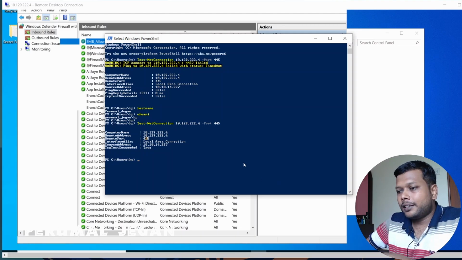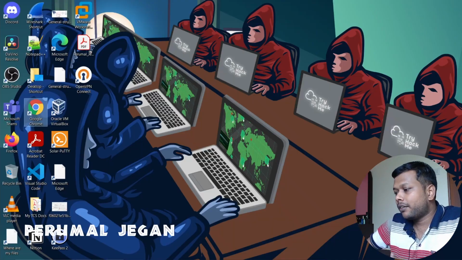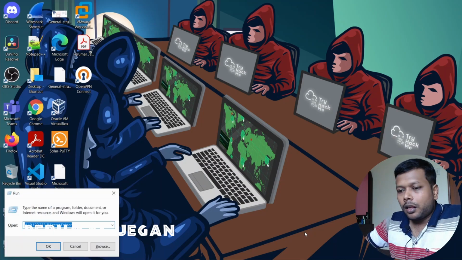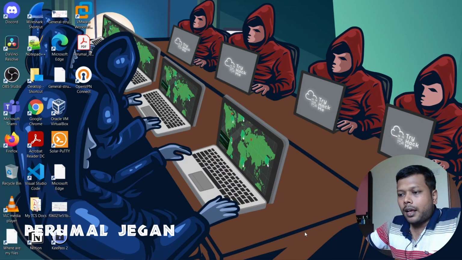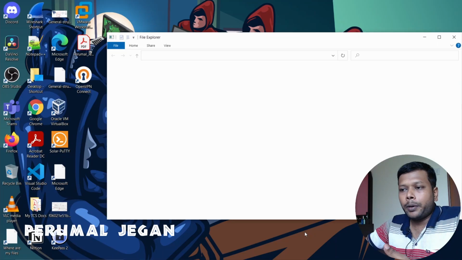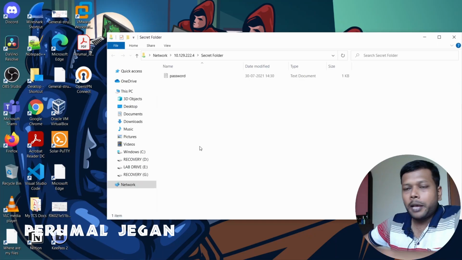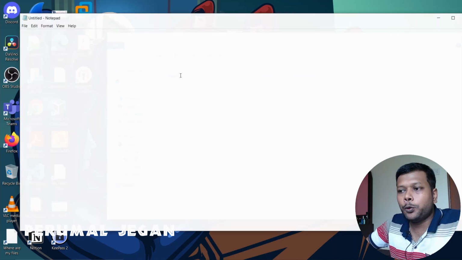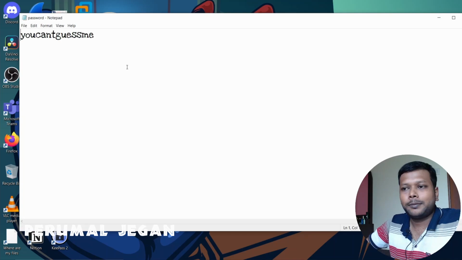We can try to access the share from our local machine, and in order to do that, I'm opening Run, and I am trying to open the share. Now I am on my local machine. You may see I opened the secret folder, and I can also view the password file. When I try to edit, let's see what happens.